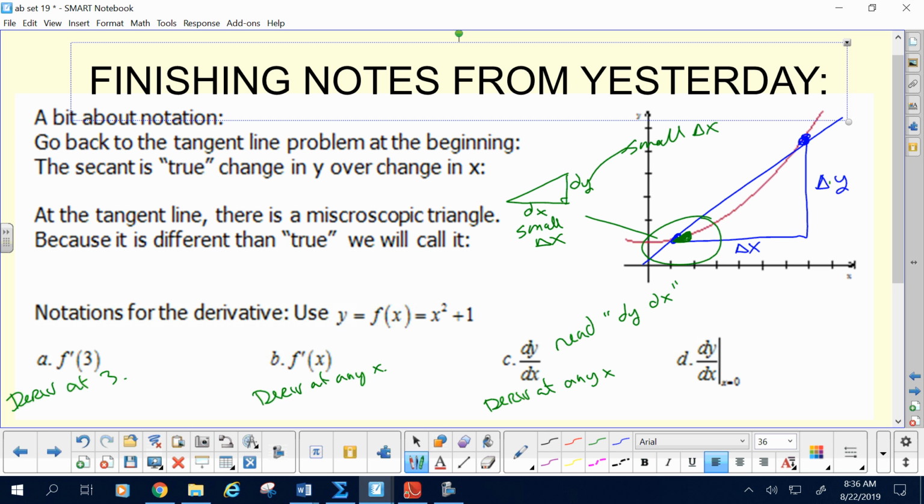In Leibniz notation, if you want to communicate, hey, I don't just want the derivative at any old place, I want the derivative at a specific place, then you have this evaluation bar. You draw this bar up and down, and then you say, at what x here? So this, in Leibniz notation, is the derivative at x equals 0. And you would read that as dy dx at 0, or dy dx at x equals 0. You with me? Okay, cool.